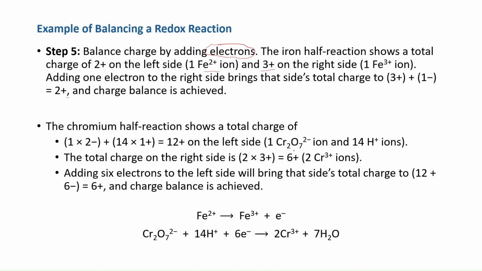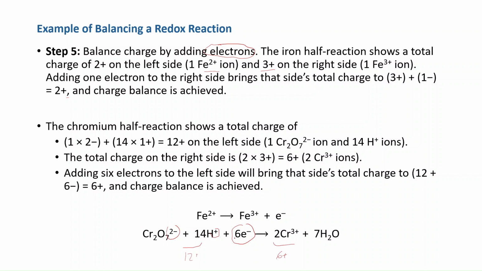the total charge, I need to show you the whole equation. You look at the whole reaction. So you have 2 negatives, 14 positives. So that means I have 12 positive charges, right? On the other side, I have 2 times 3, 6 positive charges. So how do I go from 12 positive to 6 positive? I add 6 electrons. But you need to look at the charges not of the molecule, but the charges of